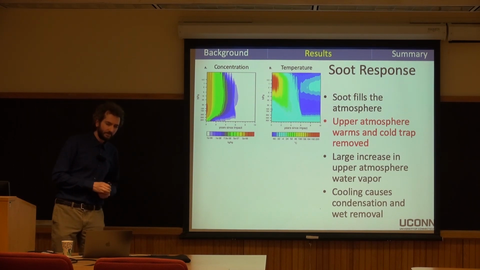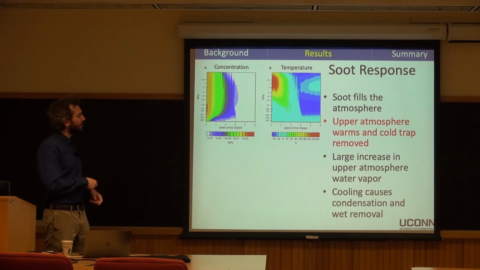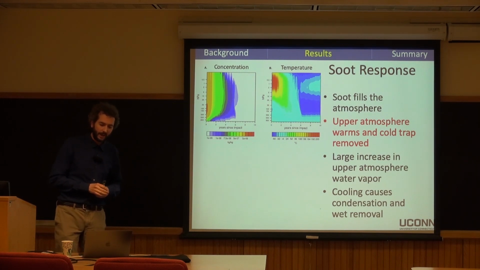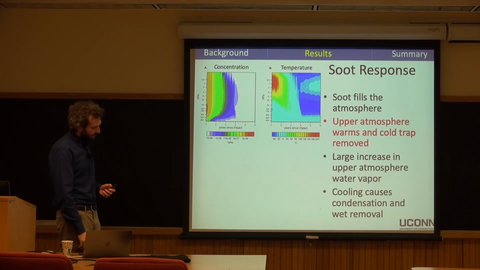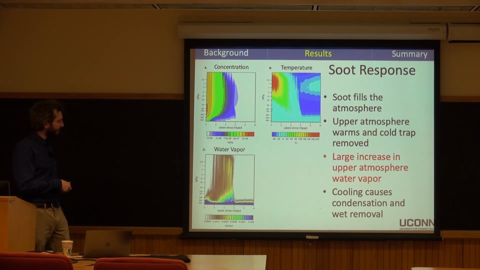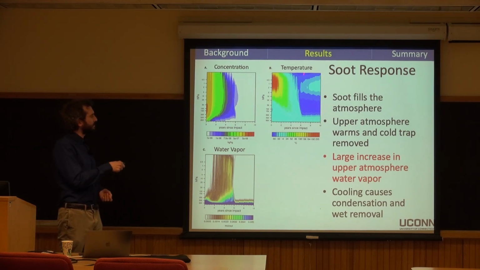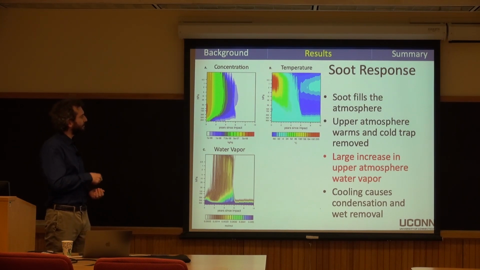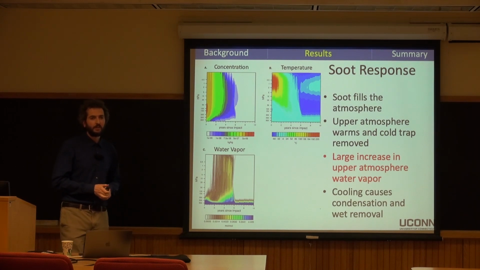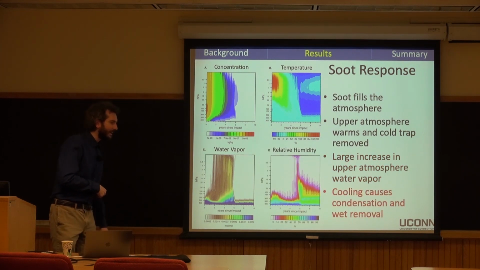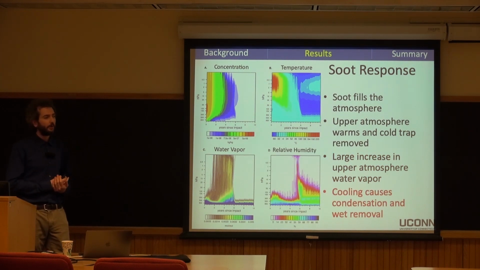And so you remove that cold trap, and that allows water vapor to actually reach into the upper levels of the atmosphere. If we look at the water vapor concentrations through time, in this third plot plotted the same way, you can see that over time with the emission of soot, you get more and more water vapor reaching into the upper levels of the atmosphere. And as you might expect, as the temperature of the atmospheric column is gradually cooling off due to the removal of the soot, and you're getting more and more water vapor into the column, eventually you're going to reach saturation. And this occurs fairly quickly throughout the globe.